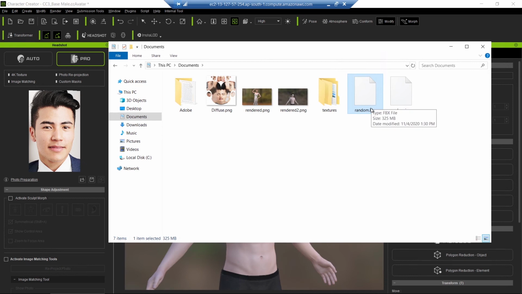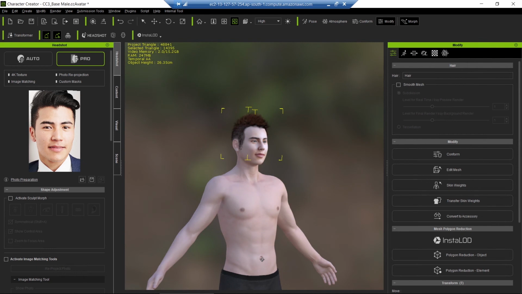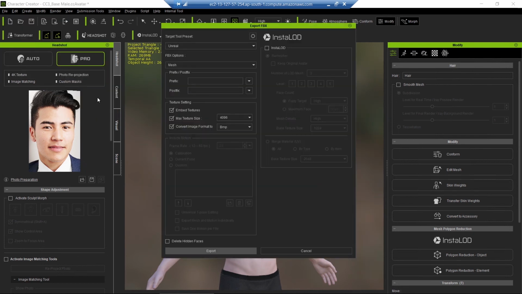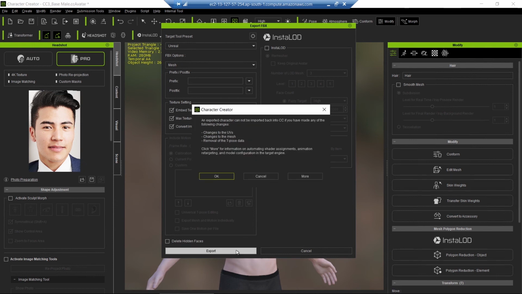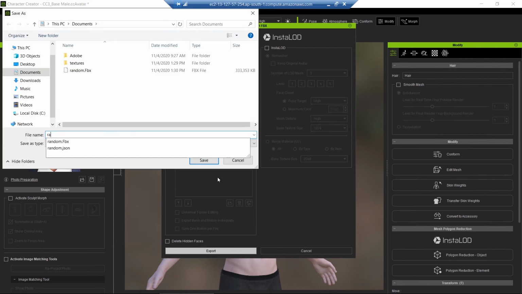We have to drop this file size. There are some tricks you can use to decrease the file size. First of all, you can select lower resolutions for the character. We'll go with 2K and select JPEG, to decrease the file size, and embed textures, export it. Random 2.